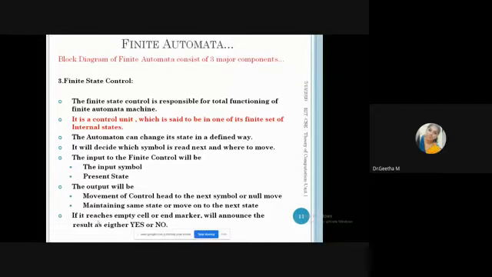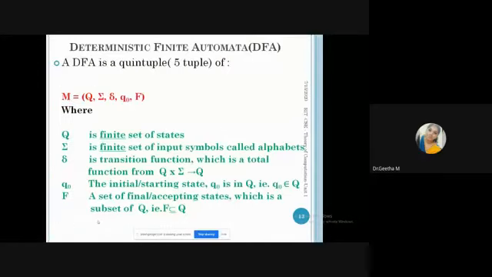So the input to the transition function is two parameters, input symbol and present state. Output will be moving on to the next state or maintaining the same state. So this transition function can be given by Q cross sigma, which tends to Q again. I have given a finite set of states here. What are all the symbols we are going to use? We have given as sigma. Then the format of the transition function we have given here.